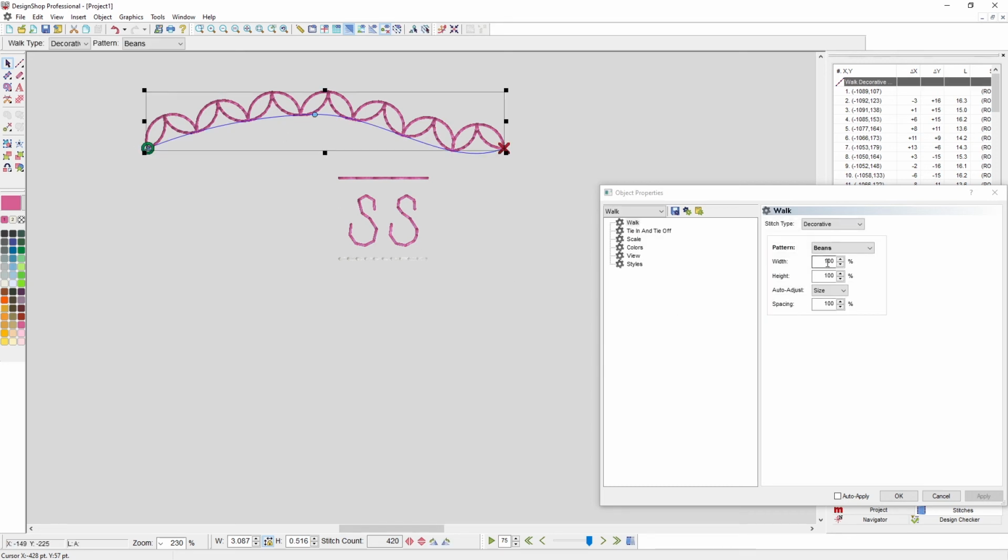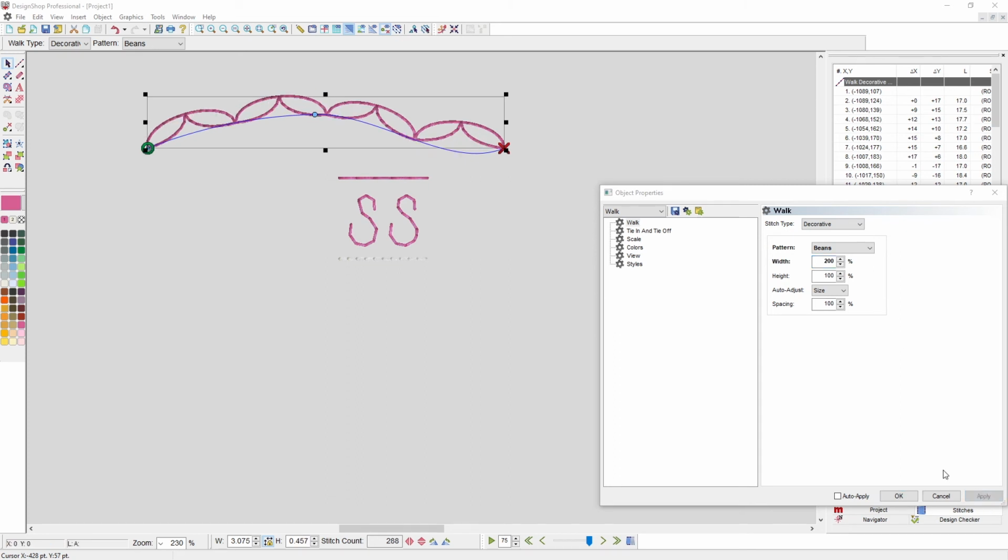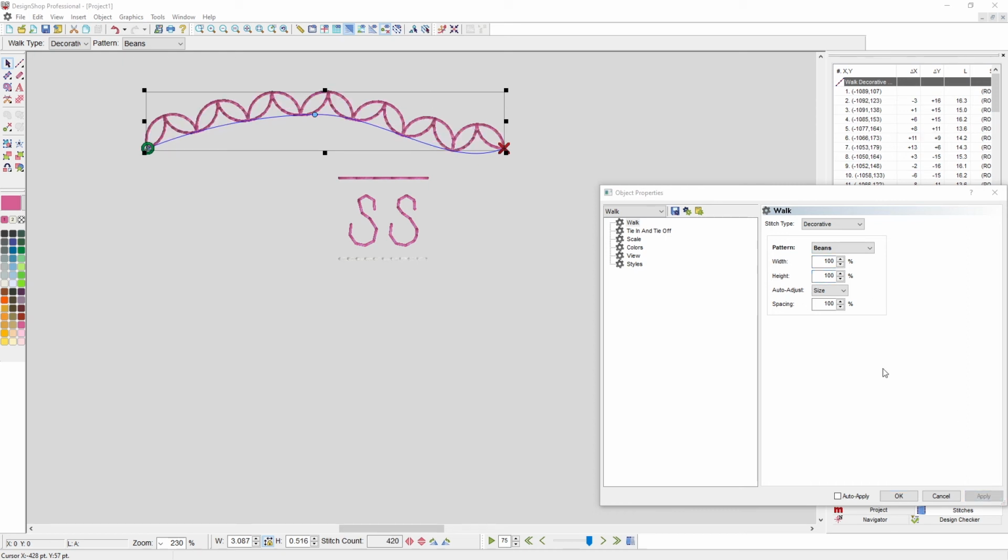And for your options, you can change the width. So I could make this wider. I could make it shorter. And they're all based on the original element size. So that kind of decorative pattern element. Let's go back to 100 for each of those. And then you also have the option of auto adjusting, and you can choose to change the space of the elements. So the space between them,